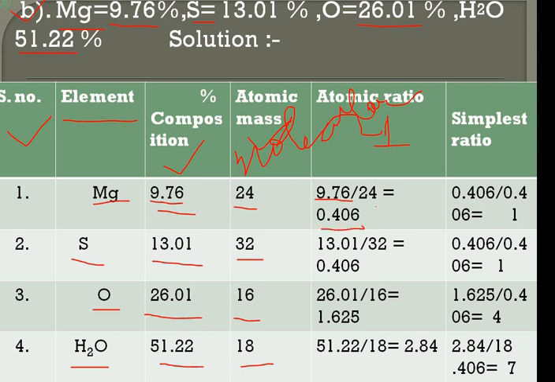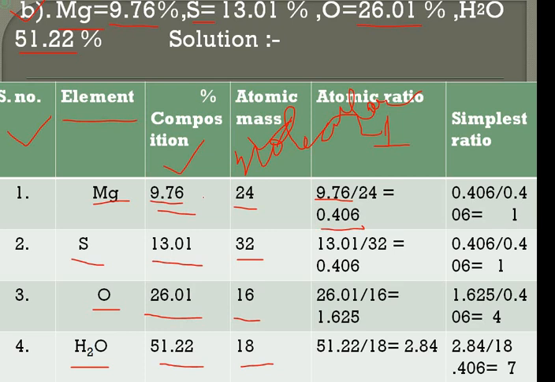0.406. Now in this division calculation, please remember this thing, you need to be very careful when dividing these values, because if you round off the values or there is a sudden change in the value, the answer will change. So please remember, there should be no round off or any other change in value, and please be careful while doing the calculations, right?